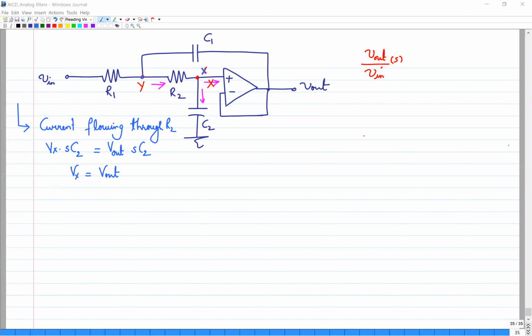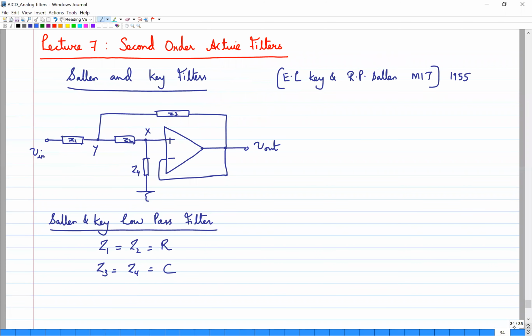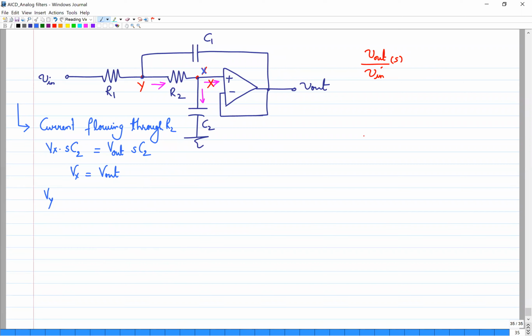Right. So Vx is equal to Vout. This I can write. Similarly, how will you write Vy? So please don't get confused. I am using the notation V, Vx and Vy. Everything is in the same notation. It is not like small and capital. When I am writing, it looks like small and capital. So this V, all this V in everything, is the same. Right. So how to write Vy?